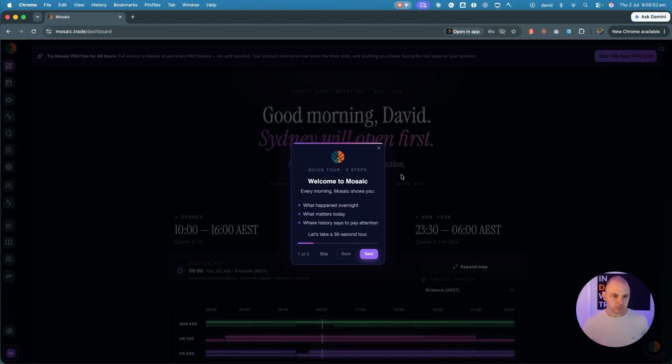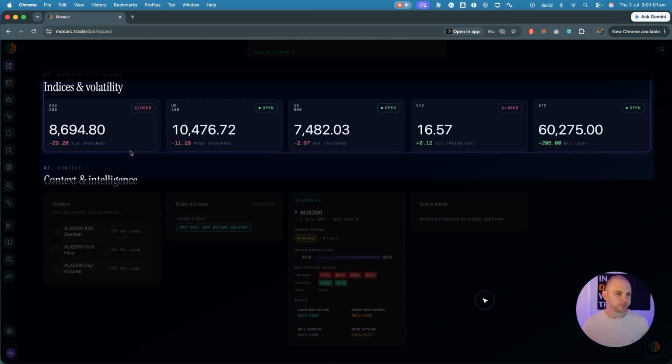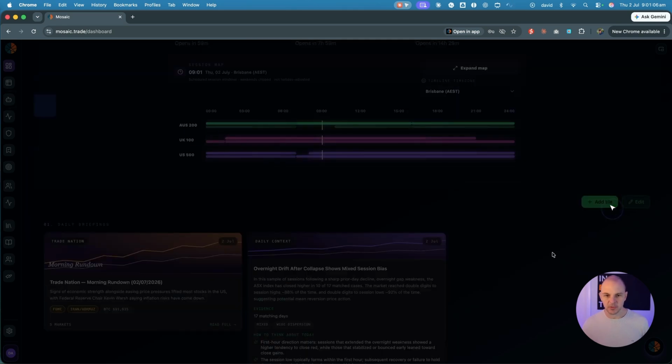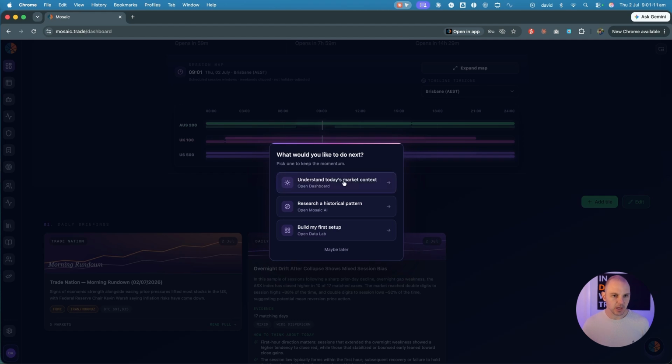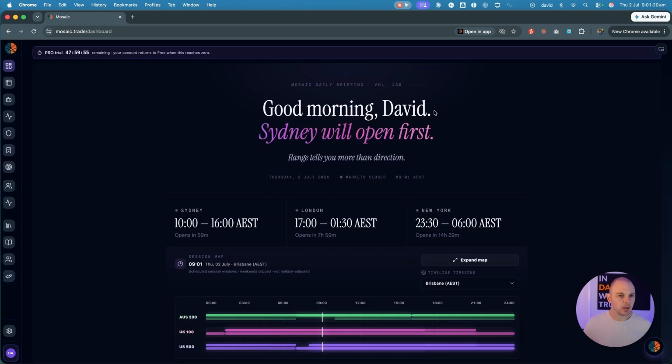in. So got a bit of a tour here as a first point of call, just showing you essentially what is on the dashboard here. I'll walk through these separately, but this will give you a bit of an overview off the bat. So let's just get through there. Let's stay on the dashboard. I'm going to sign up to the Pro trial just so I can have access and show you guys all